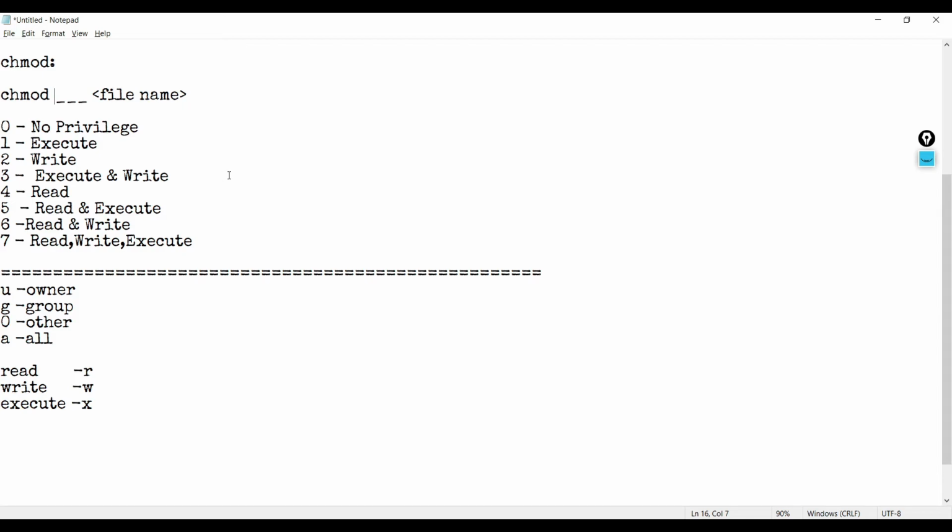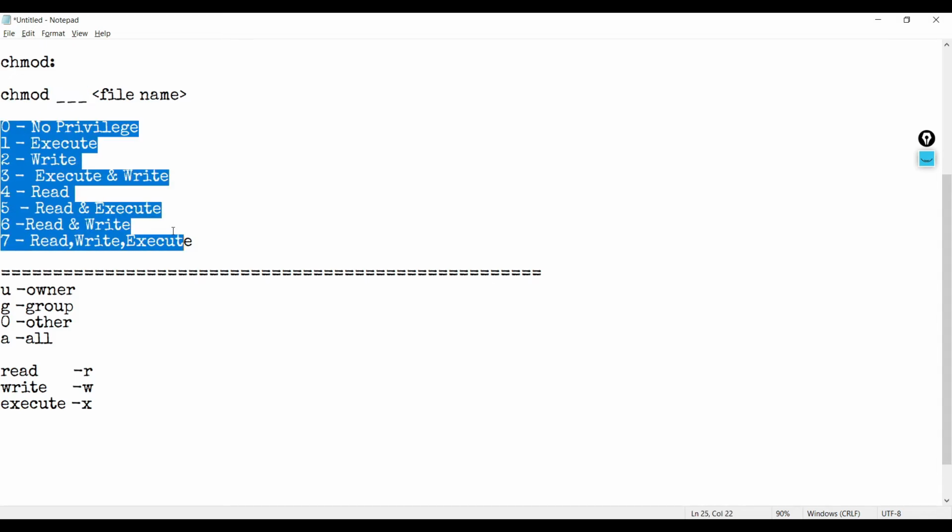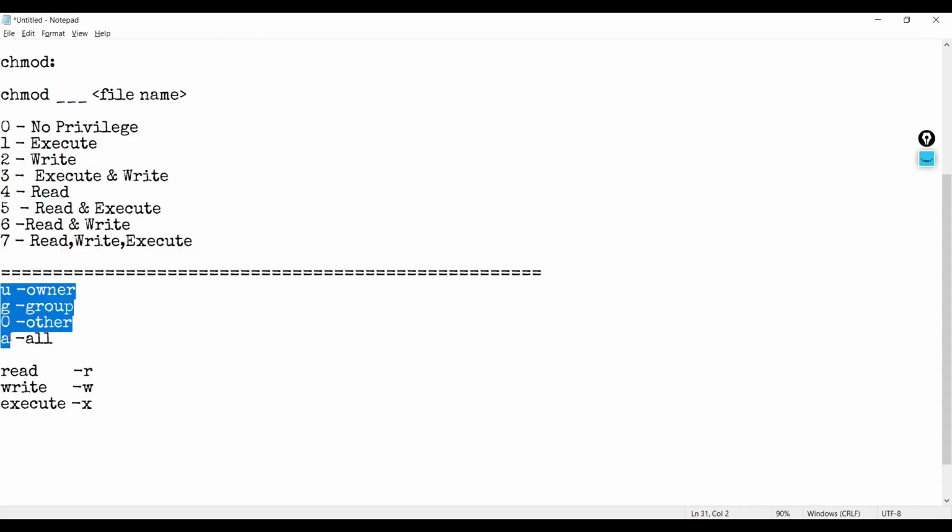So to modify the file permission we are using a command called chmod. So this is the syntax format. We have to enter 3 digits in between the chmod and the file name, which is going to define the permission for the particular file. Let me tell you, in these 3 digits we can use either numerical values or alphabets.